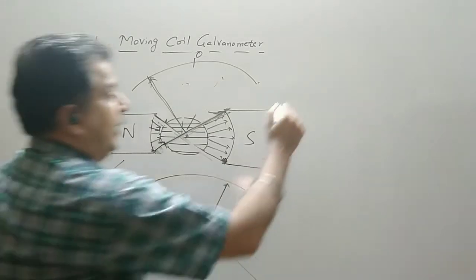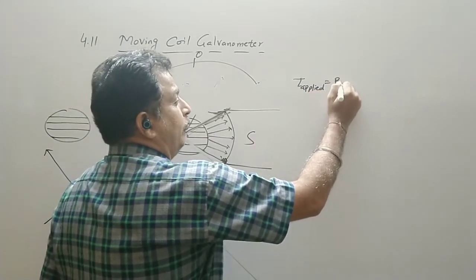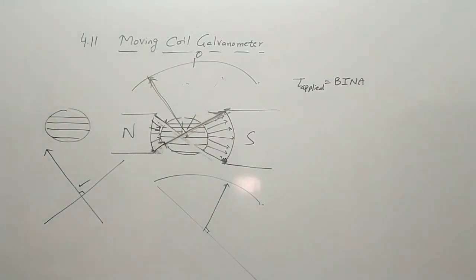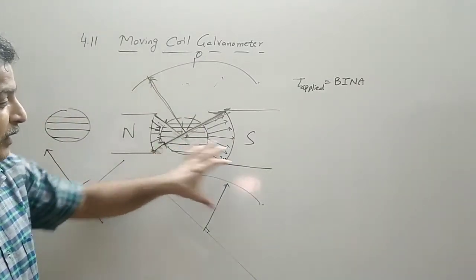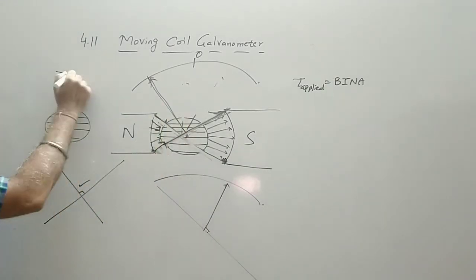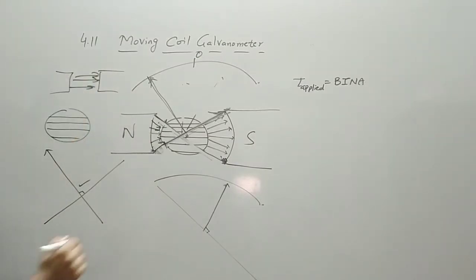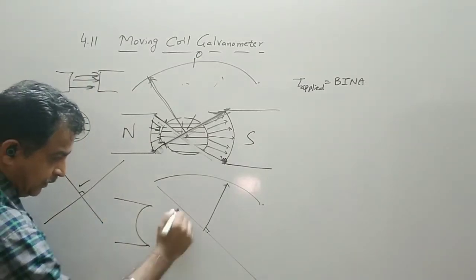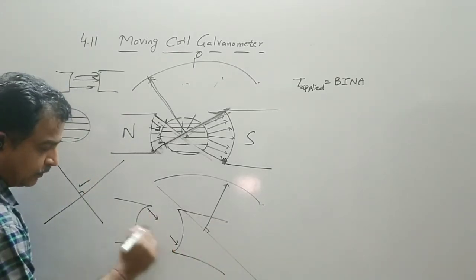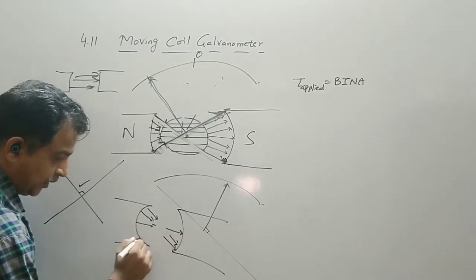It means in the torque applied, every time we have a formula with the area vector. When we don't have cylindrical magnets, the field lines are straight. So if you take a bar magnet like this, then these are the field lines. Now when we take a cylindrical magnet, it is like this. No two field lines can intersect each other.